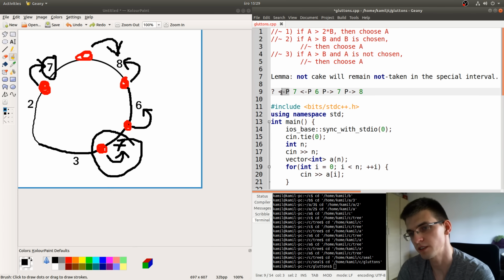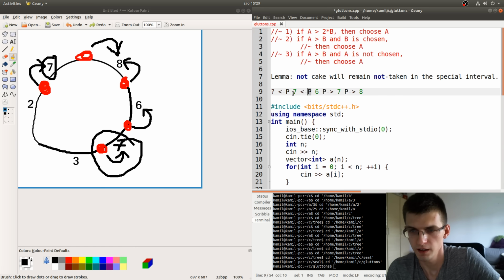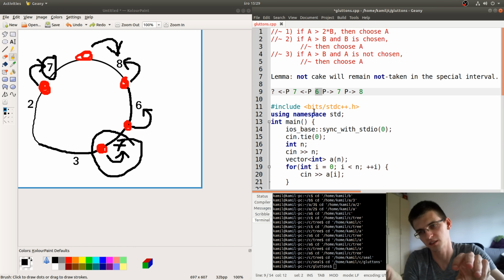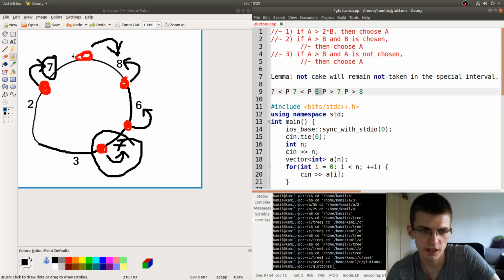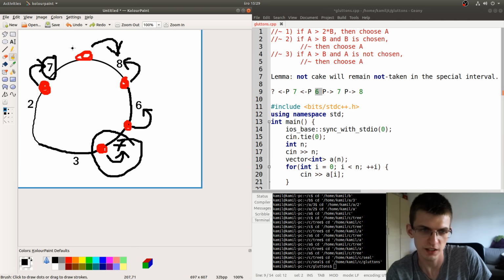Because otherwise, if this person took a 7, then 7 would be decreased to 3.5 for the next person, then this person would take a 6. So from this moment outside, every person should take more cake, and eventually, let's remember that we are in this interval, this person would have to take this cake.